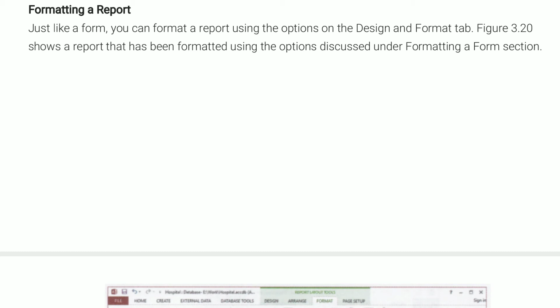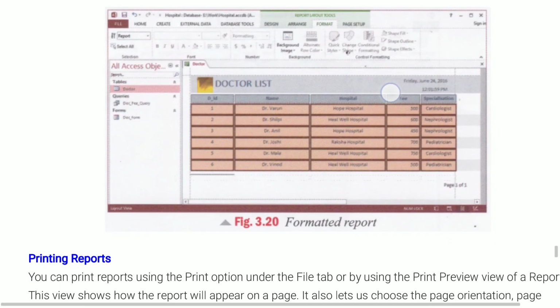For this, we can use the Design and Format tabs. As you can see on the screen, using these Design and Format tabs, we can make changes in the appearance of the report. You can see in the figure, there are different details of the doctor's list, which is in a colorful way.